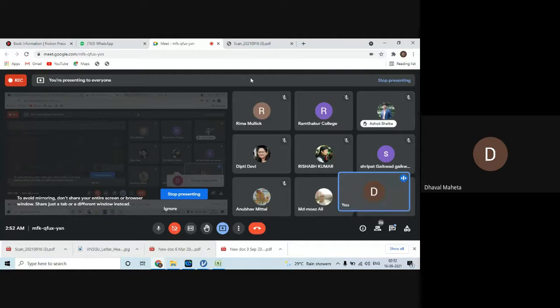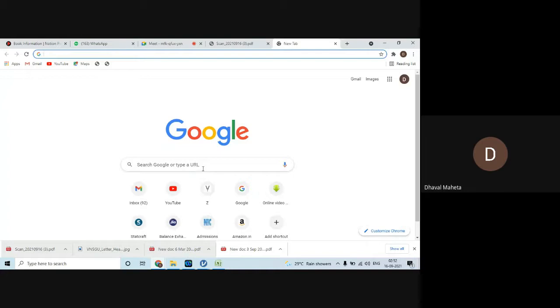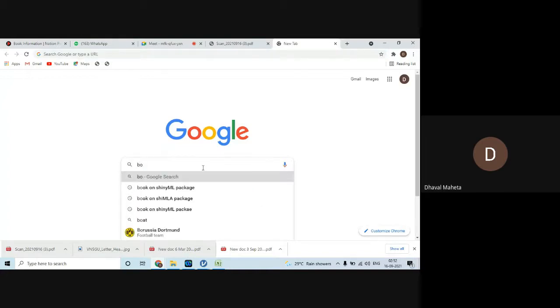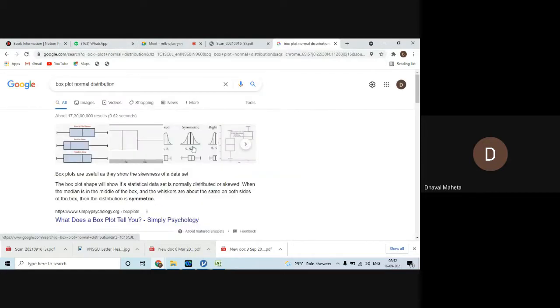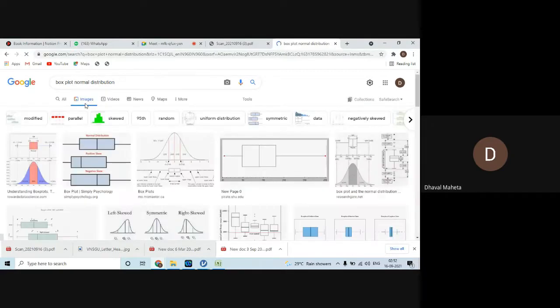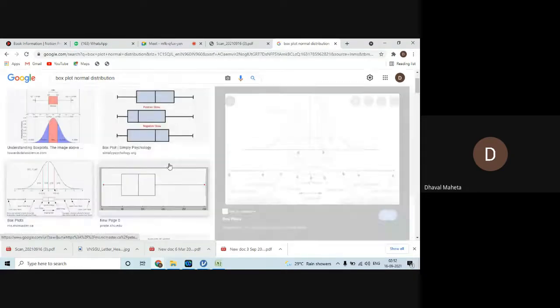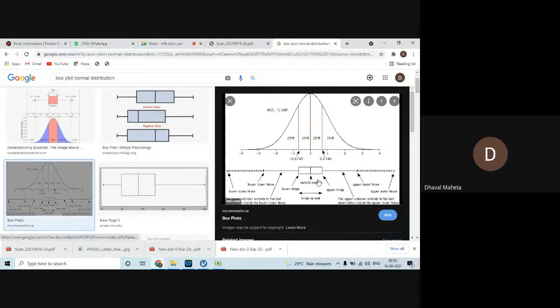Now, what is a box plot? Actually, the box plot is nothing but a normal distribution. Let me explain this by a simple example. See this.